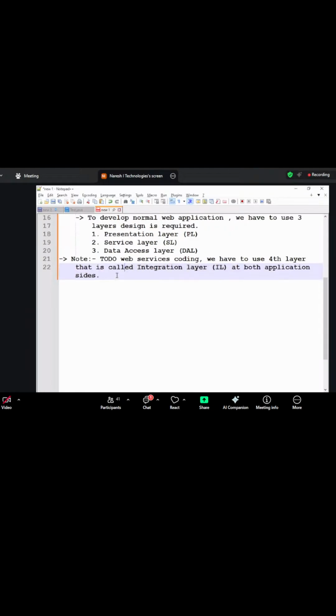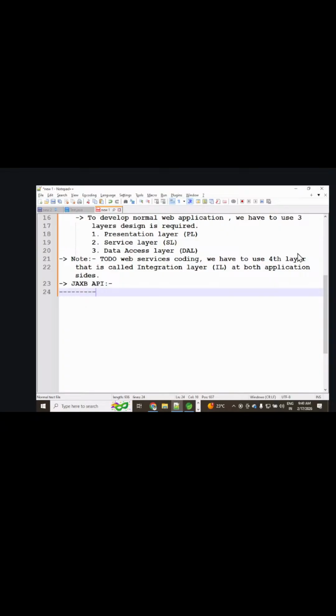Have you heard about JAXB? Before we start these web services, we should know a few things to understand. That is JAXB. What is this JAXB? Have you heard about it? The JAXB API is like XML related APIs.